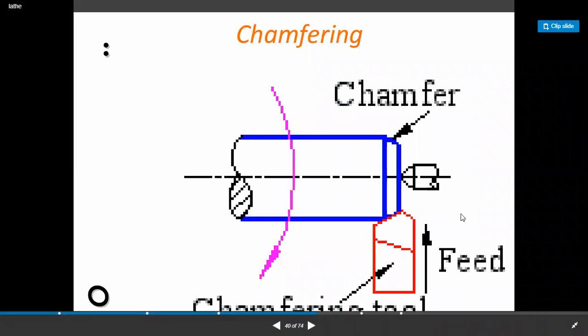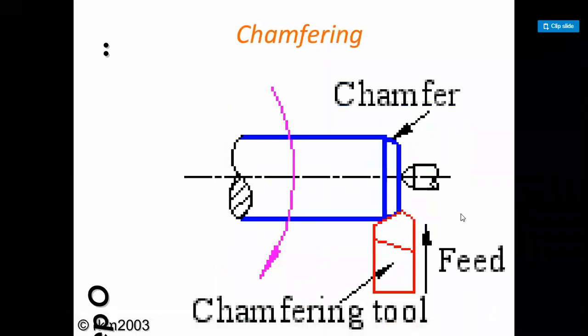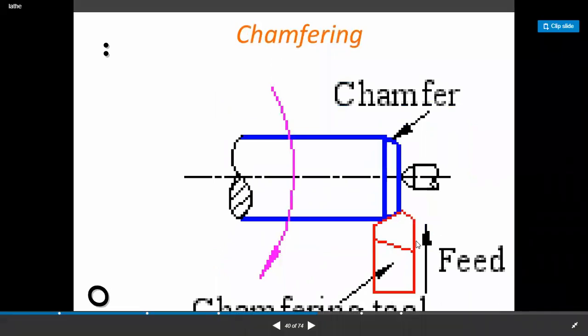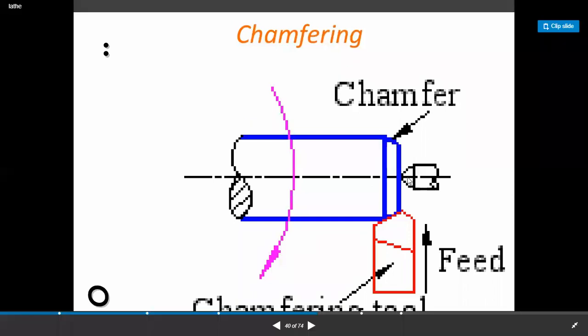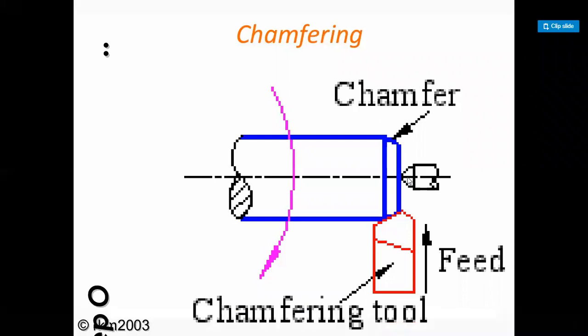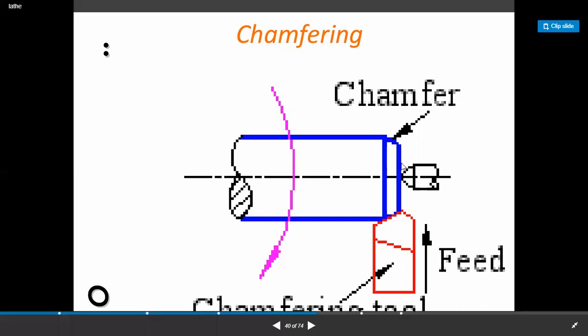This chamfering you have to study in your AutoCAD also. In AutoCAD there is one command. The chamfering is to give the corner at the face. Okay, so by chamfering we can remove the chances of damaging the corners. Sharp corner damage नको व्हायला किंवा easily ते handle करताना आपल्याला we should not be more damaging to operator. So these corners are removed by some angle, by 45-degree angle suppose for example. So that is the chamfering operation.